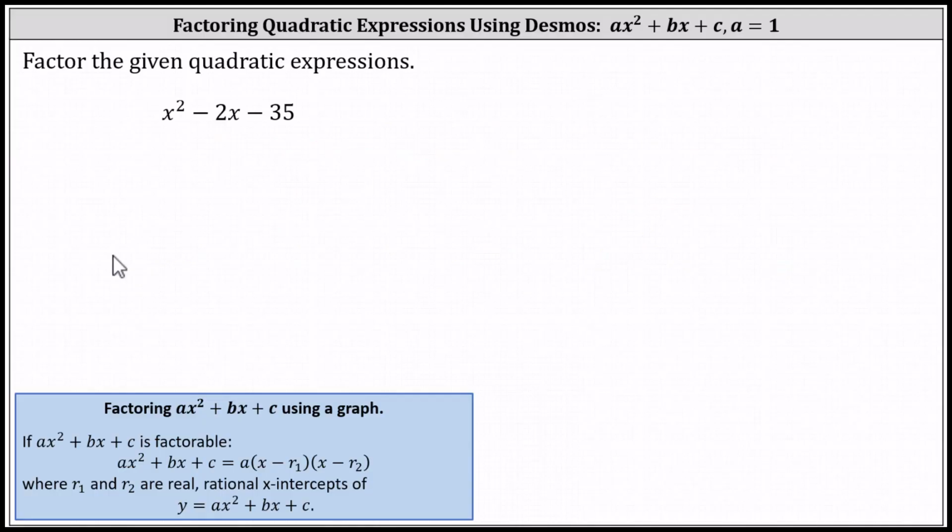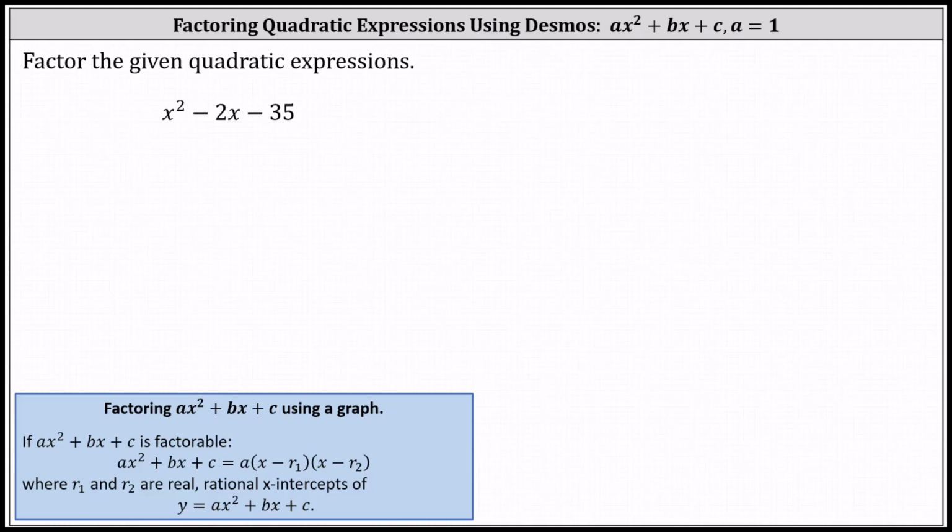If ax squared plus bx plus c is factorable, then it can be written in the form of a times the quantity x minus r sub 1 times the quantity x minus r sub 2, where r sub 1 and r sub 2 are real rational x-intercepts of the related quadratic function y equals ax squared plus bx plus c. This indicates we can write the factored form of a quadratic expression by graphing the related quadratic equation and identifying